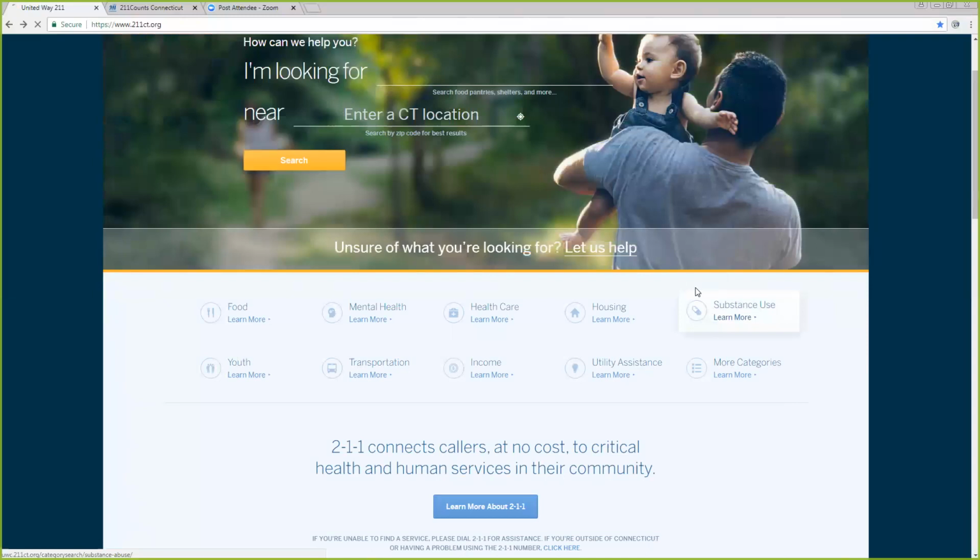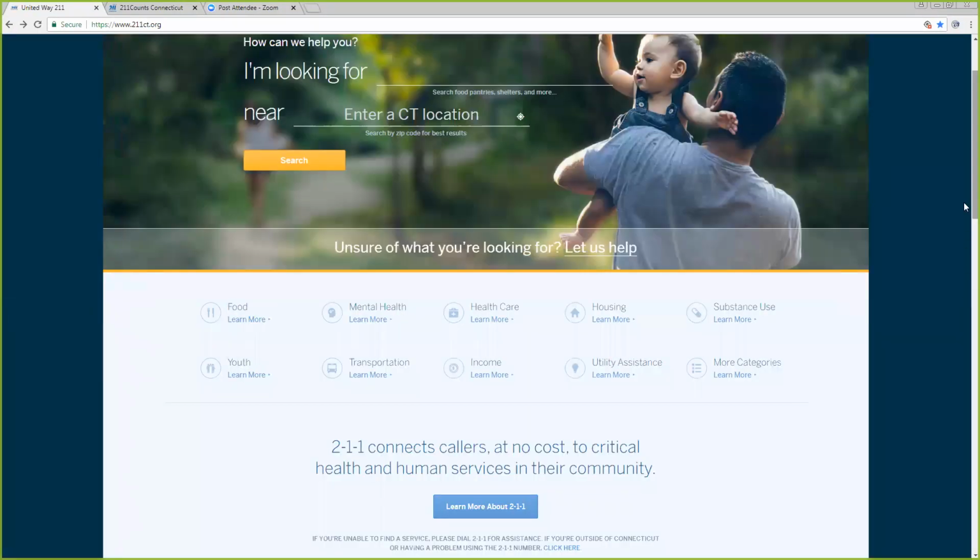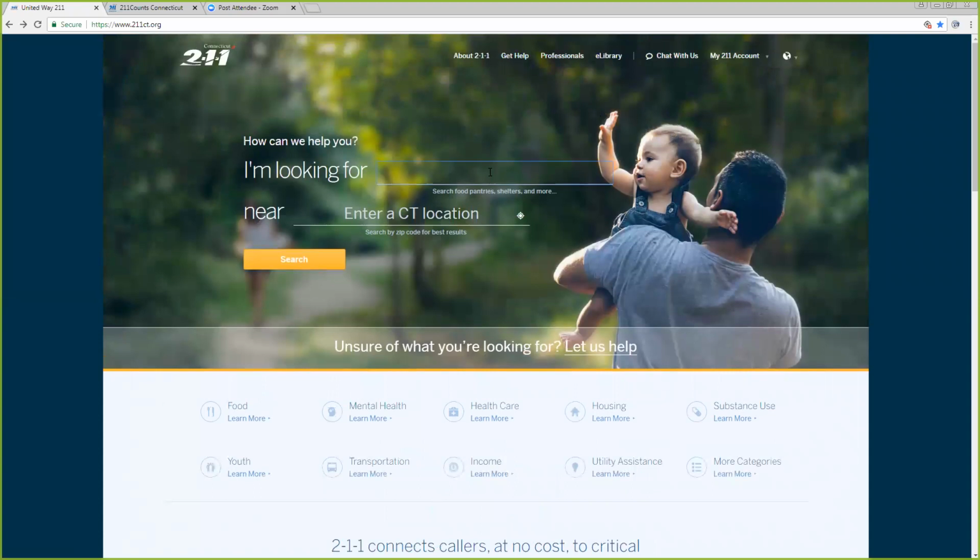Well, so that page doesn't want to load for some reason. We'll just try it one more time. Okay, well, since that page is not loading at the moment, we'll go ahead and just do a sample search